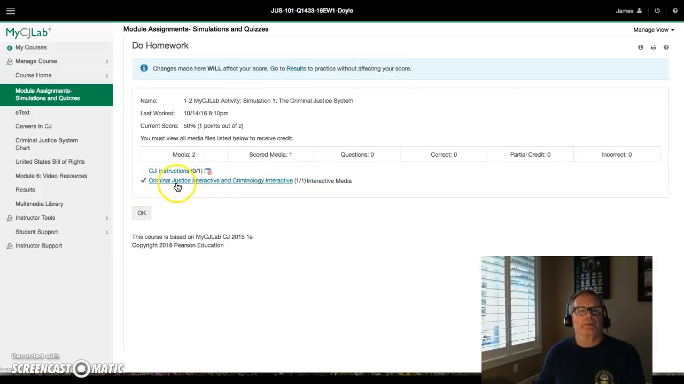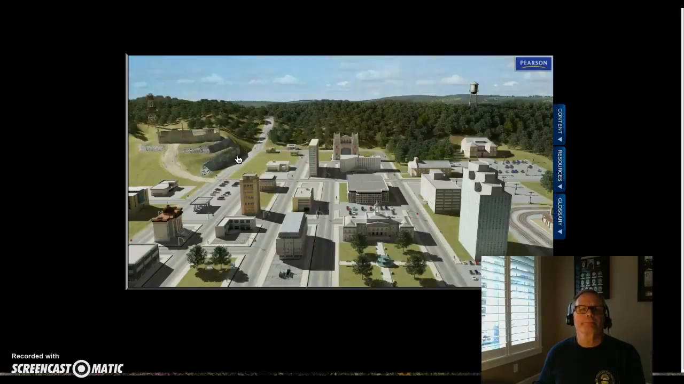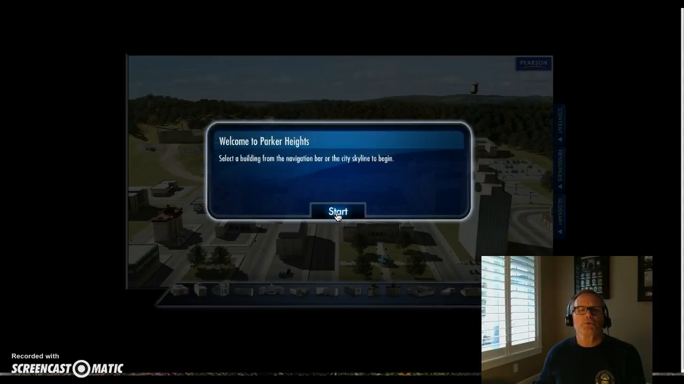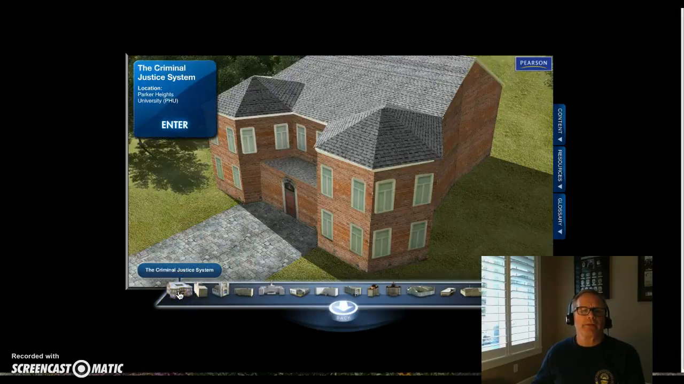You're going to click on where you have the green arrow. And then we're going to click on the Criminal Justice Interactive. And then we're going to get into the actual simulations that accompany this program. So if you select Start, what you'll find at the bottom is a series of icons. And each of these icons is actually related to our chapters. So we're dealing with Chapter 1, the Criminal Justice System. So if we click on that icon, and then we enter,